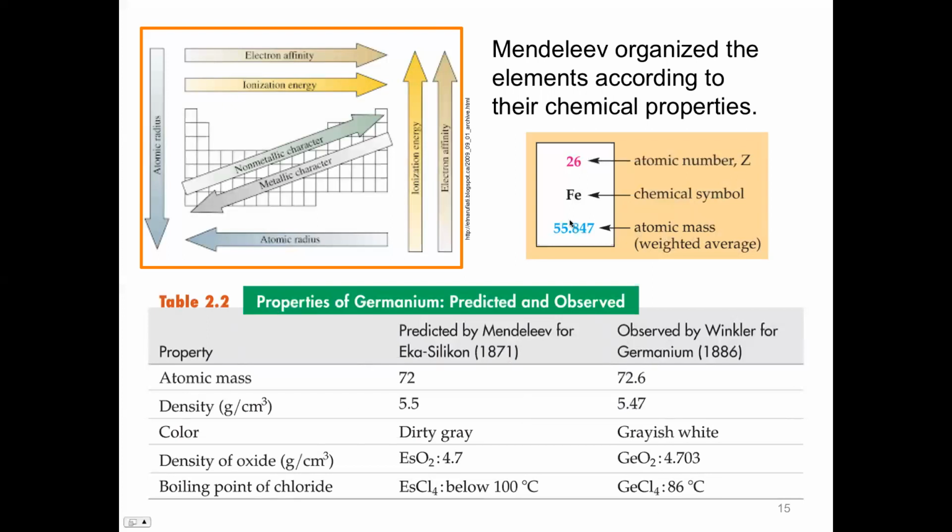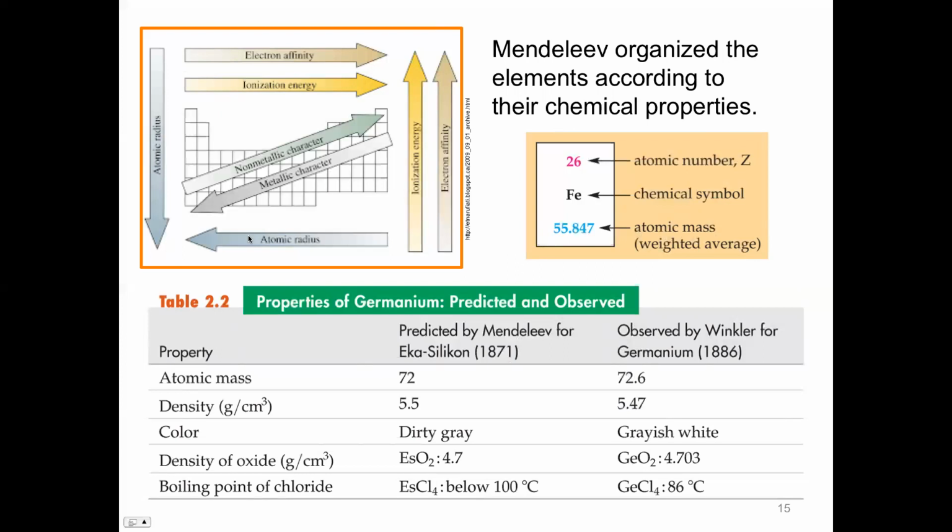But basically, when you look at your periodic table, you get this atomic number, which as we'll see later in the course is the number of protons. For the atomic mass, there's going to be a little bit of fudge factor here, because some of those elements are going to have isotopes, and we're going to go over later on what isotopes are. Basically, there are different numbers of neutrons, and we'll go over what protons, neutrons, and electrons are, right? So this is what you're seeing in your periodic table.